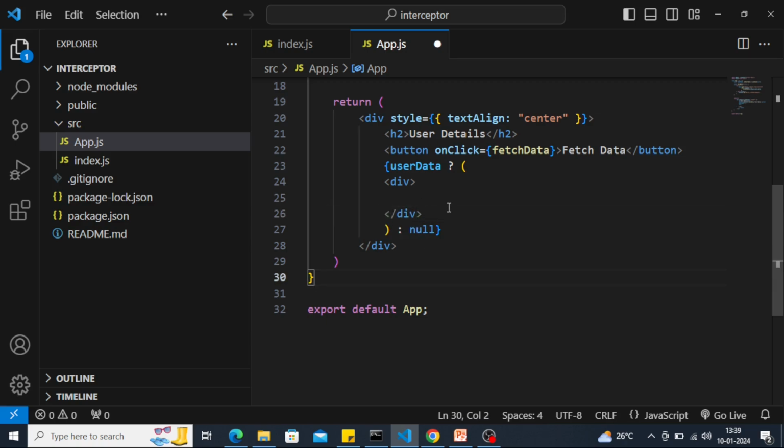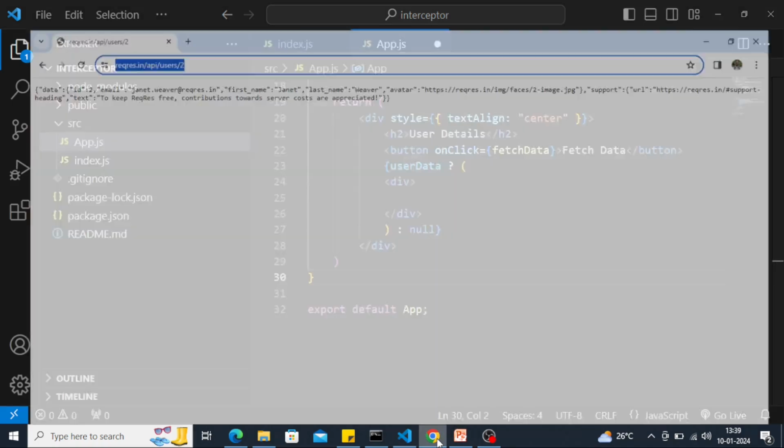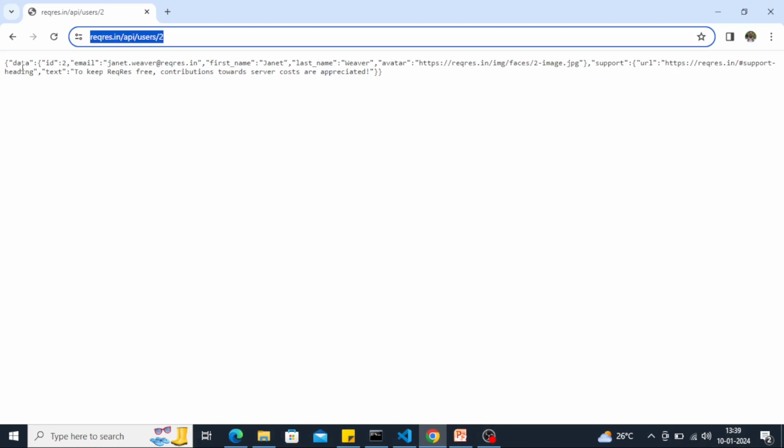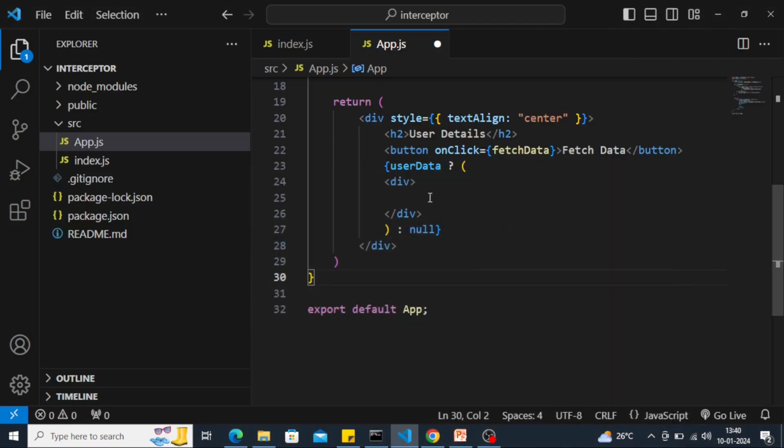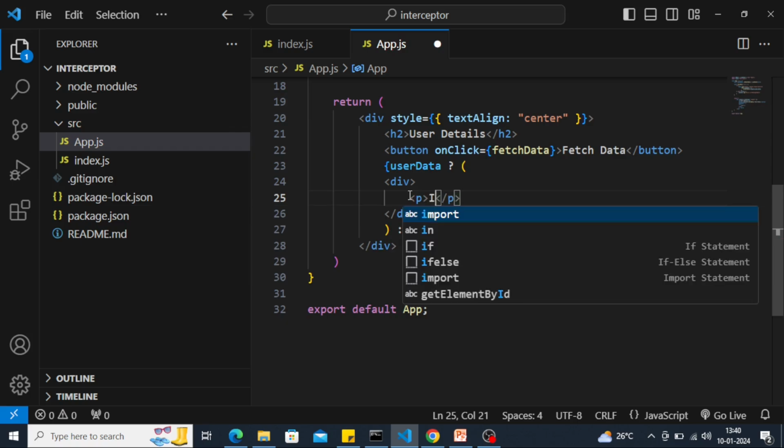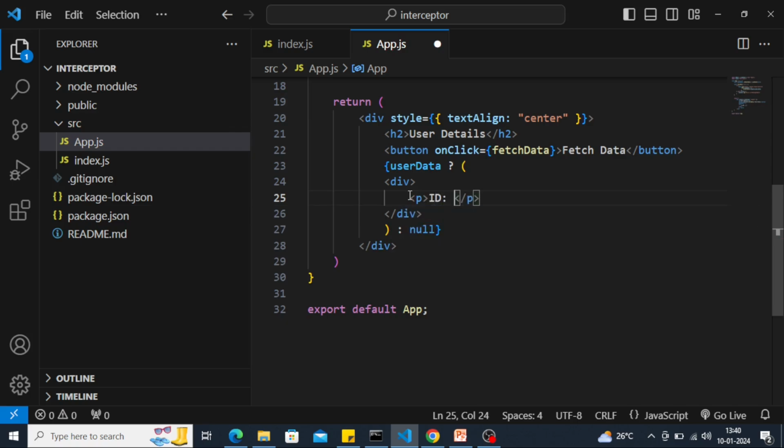Okay, so here we are. Let me check how exactly we will be receiving the data. So this is the data which we are receiving. Let us start with the ID. We'll define a paragraph, and in the paragraph I will display this ID, and the data which is received will be